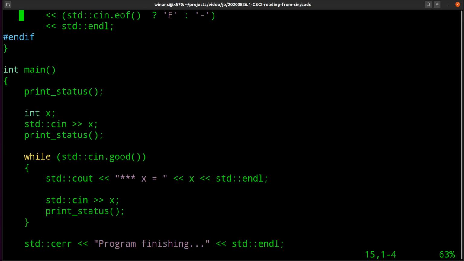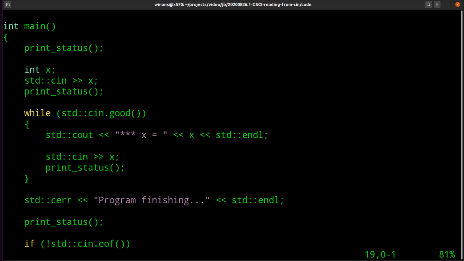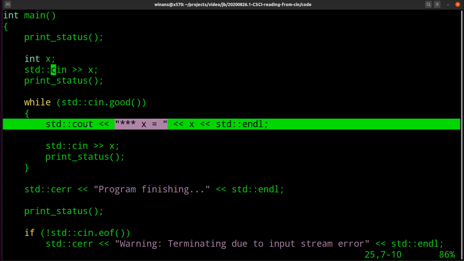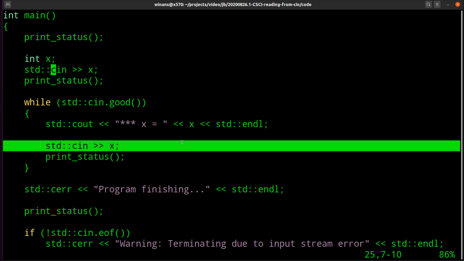Okay? Now let's go down here to the real reason we're going to update this program. What's really changed in here? Well, we're going to do a priming read this time. And we're going to ask if the status is good. We're not going to ask if it's end of file. Quite honestly, we don't even care right here. All we need to know is, do I have a data element to process? And in here, we're going to process it by printing it out. Okay? And we're going to try and read the next value.